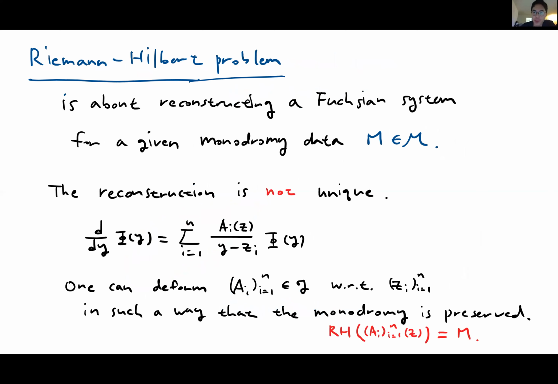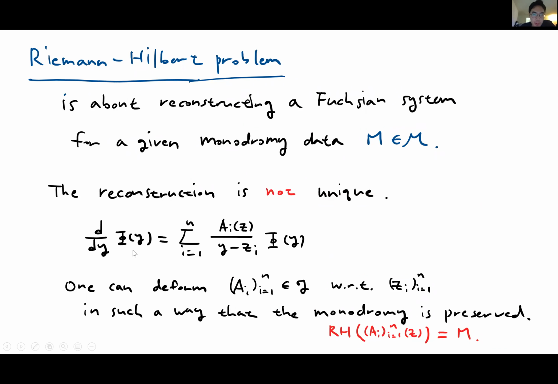So what is the Riemann-Hilbert problem? It's about reconstructing a Fuchsian system from a given monodromy data. So it's a reverse procedure. For a given M in the space calligraphic M, we want to reconstruct the Fuchsian system that defines this monodromy data. And this reconstruction is not unique. That's because,